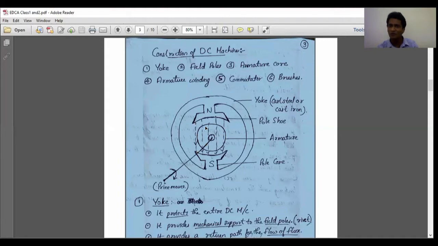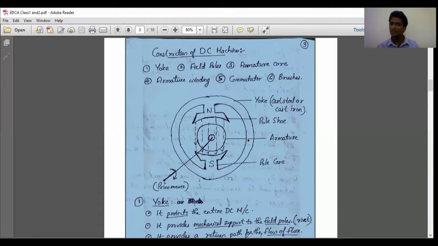Then what is the use of giving a uniform magnetic field? As I said before, whenever there is a change in flux linkage, an EMF is induced in the conductor. If the magnetic field intensity is very low, what will be the value of the induced EMF? It will be very low. Clear? So if all the conductors experience the same magnetic field, the induced EMF can be increased. So what is the use of a uniform magnetic field? The induced EMF can be increased. Clear? That is the case of a generator.